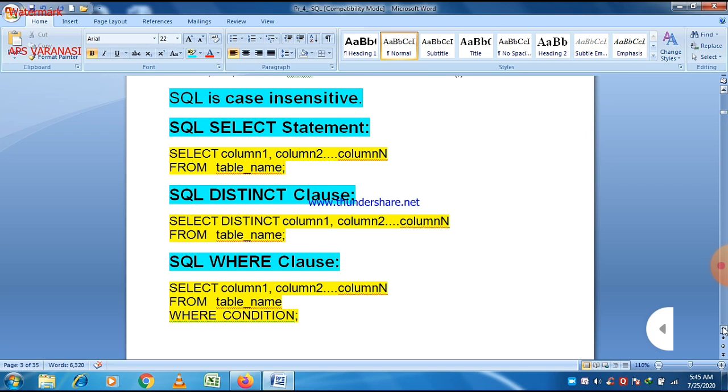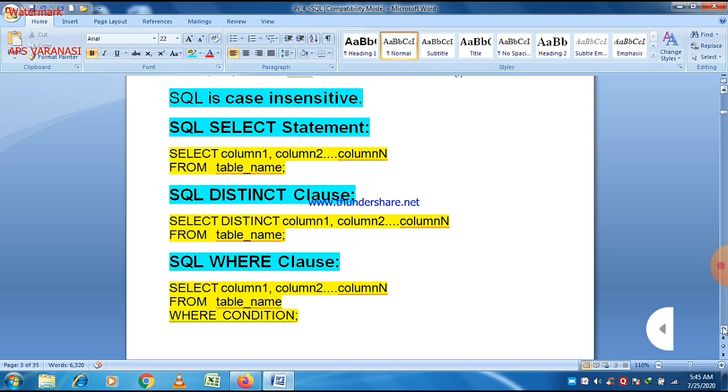And there is another clause named the where clause. Using the select statement, we write different column names after select, or just write a star sign, and the entire data will be selected. But if you want to put a condition, and you want data to be filtered according to that condition, then just write the where clause. We write the where clause after from table name, and there should be a condition after the where clause, and according to that condition, data or records will be filtered.